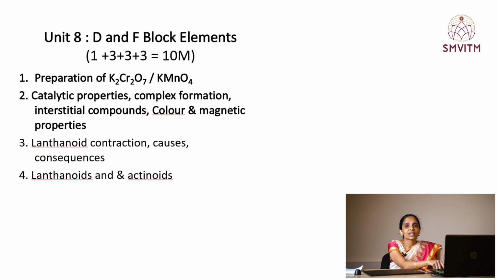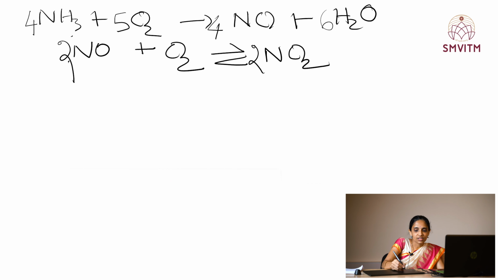See, balanced chemical equations are a must here. Sometimes explanation is not asked, only the equations are asked. In the manufacture of potassium dichromate, the first step will give you some problem during balancing. It is good to remember the coefficients there. What is that first step? How do you prepare potassium dichromate? It is prepared from chrome iron ore, is it not? The formula of chrome iron ore is